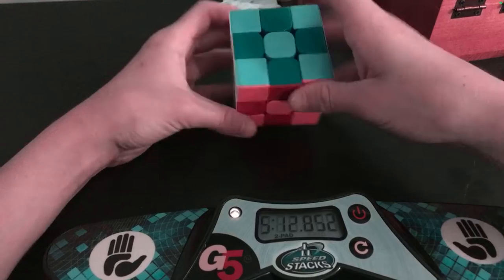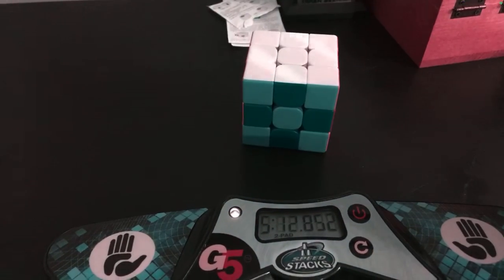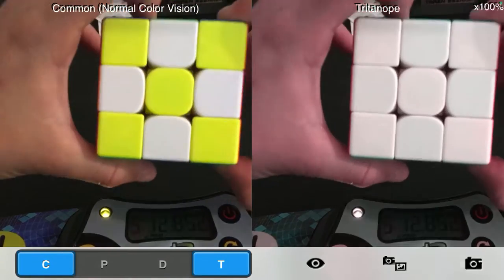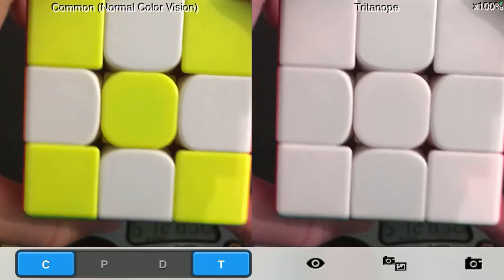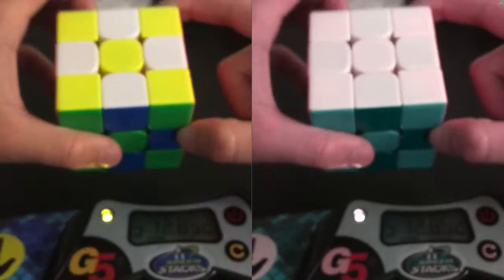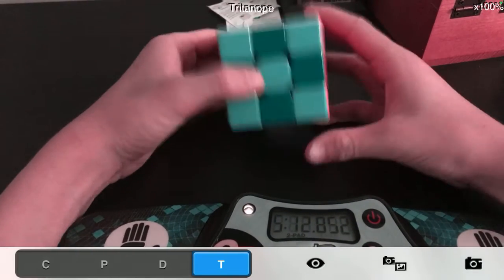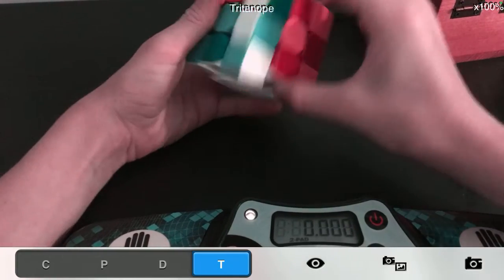So look, the checkerboard looks cool, except you're like, okay, those? Look, if I also have common, look. You can barely tell any difference between those whites. Barely any difference. So that's gonna be hard. So here we go. I guess since it's already here, we're just gonna